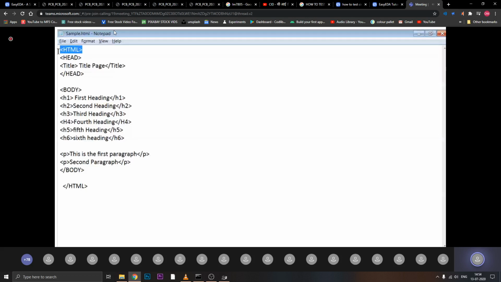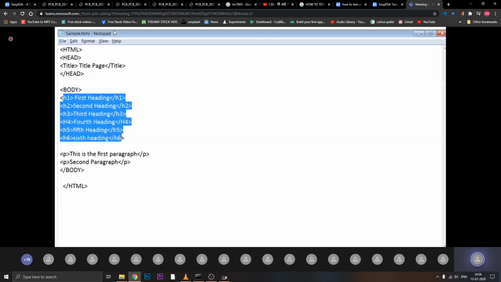It will show you the same result because it considers the small and capital tag similar. Here you see we have added the H4 as capital. As it is not case sensitive, it will not give you any error.